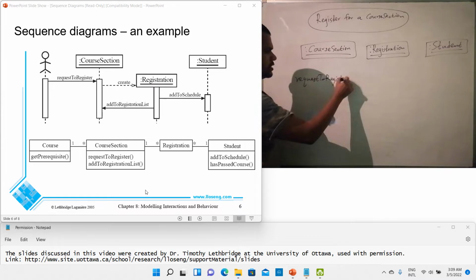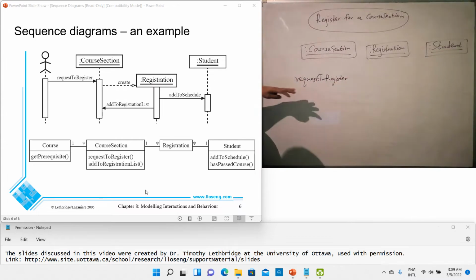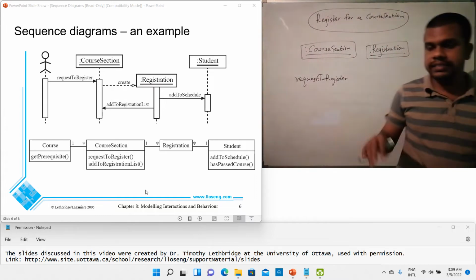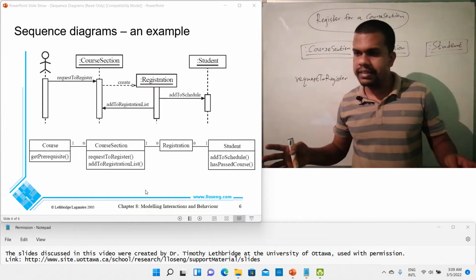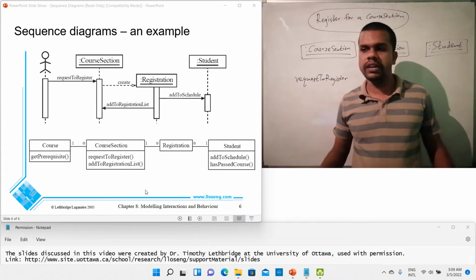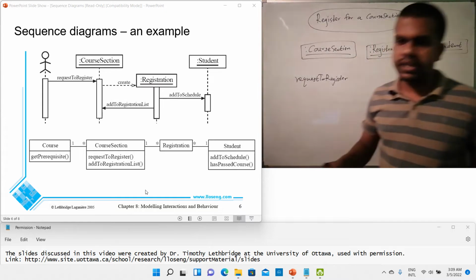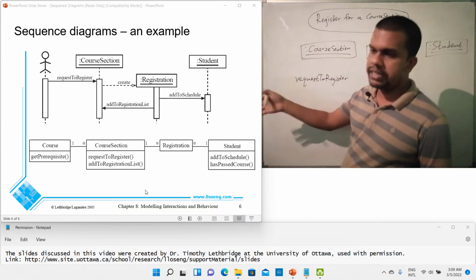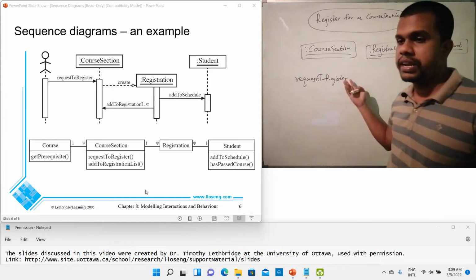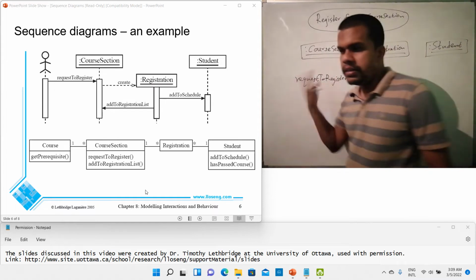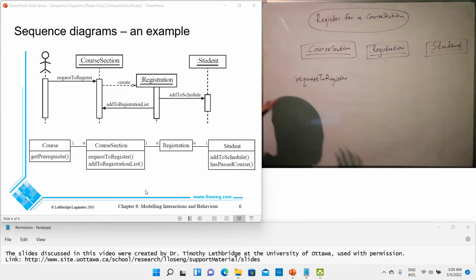That is one particular method. In these slides the parameter lists and return types are not shown, just to simplify the discussion. But actually these methods should contain return types, parameter lists, and so on. Here I simply use the name request to register, then